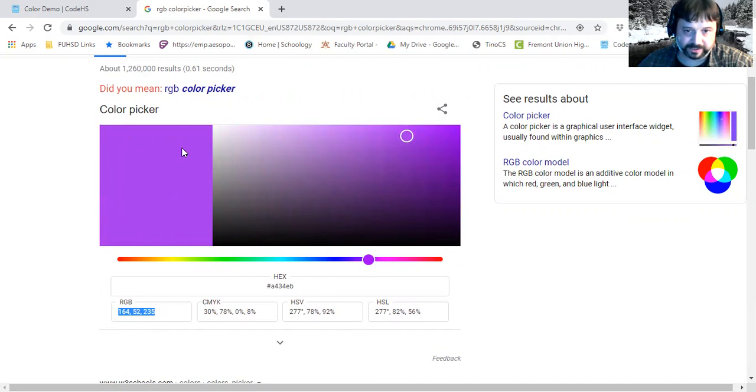So purple, which is the color we just used, is just a mixture of mostly red and blue, right? In fact, if you went 255 red and 255 blue, and 0 green, then that would be